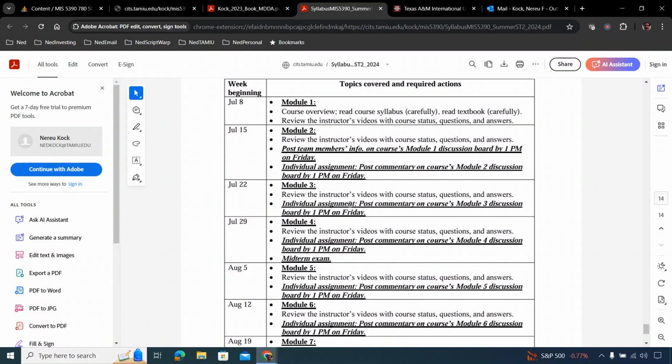So if the project is not quite at the A level, say it's at a B level, I will usually give B's to other team members. Of course, depending on the assignments, right? Sometimes students will not do the assignments, or they will do them late. That tends to bring down their grade as well.